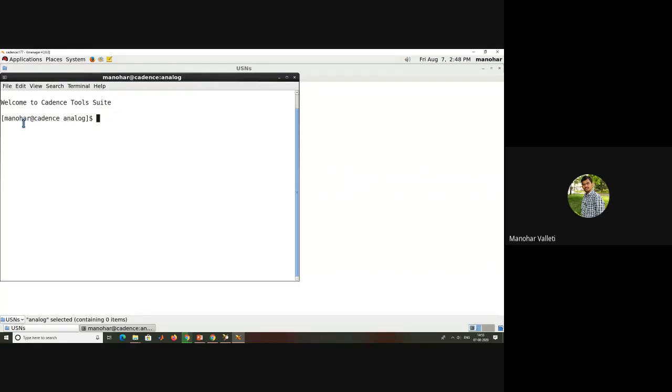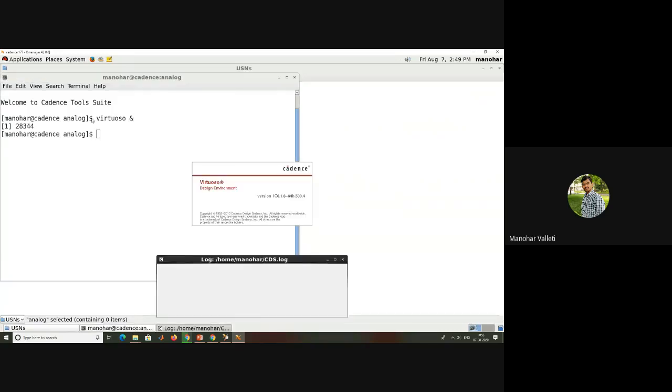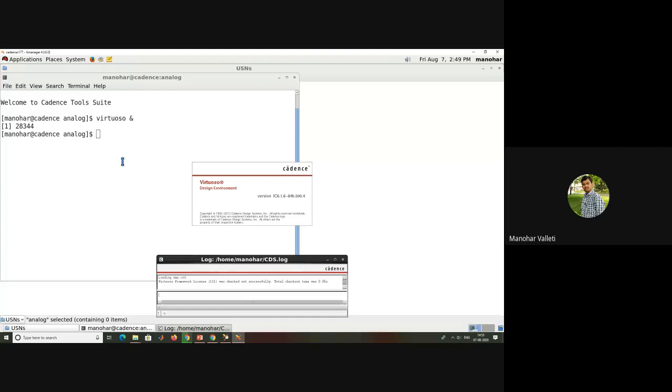Once it opens properly, you need to see your account here. Generally, instead of my name, the student account name will be there at the rate of Cadence. You need to run all your analog files in the analog folder, so analog with a dollar symbol will be there. After that, you type virtuoso and press enter. This opens your Cadence software.